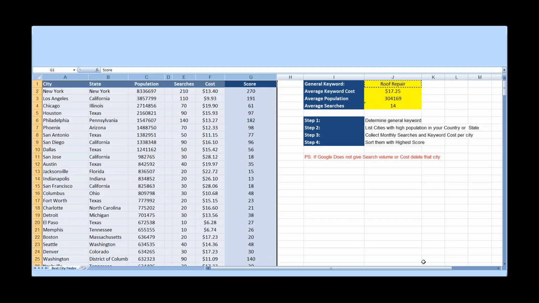Everybody get this? I don't know why GoToWebinar is holding back the title from Excel, but yeah, you get that Excel file